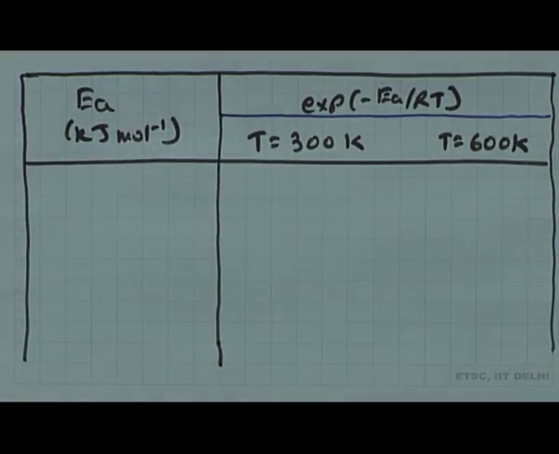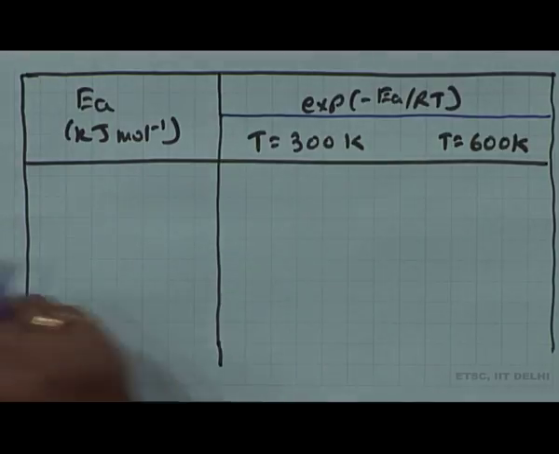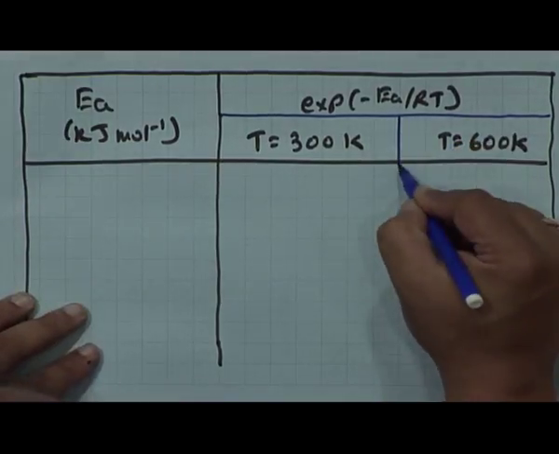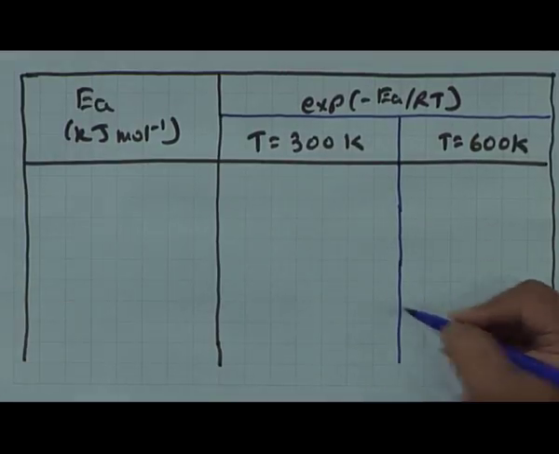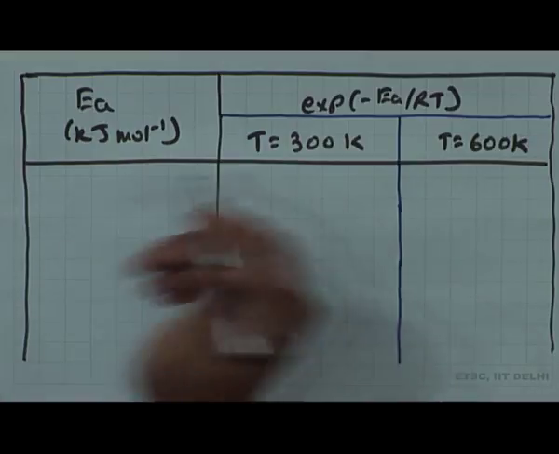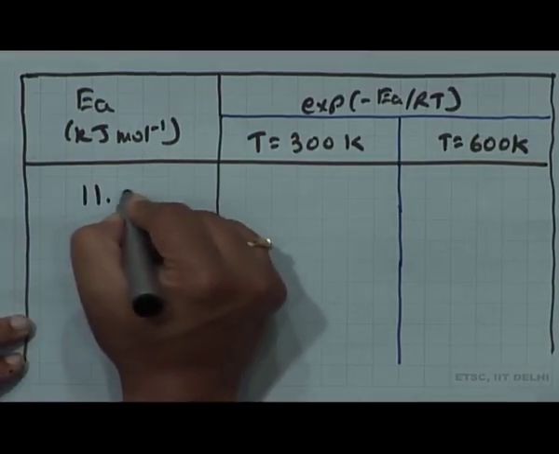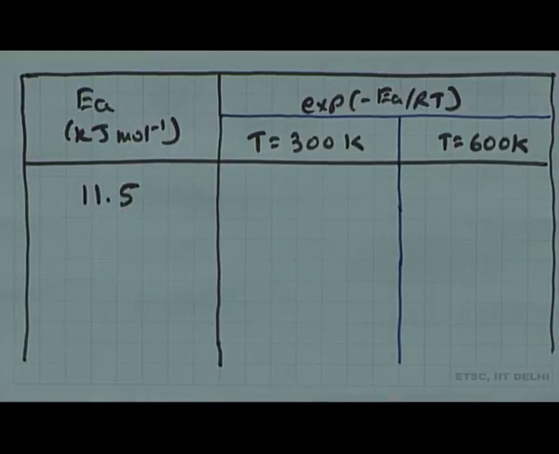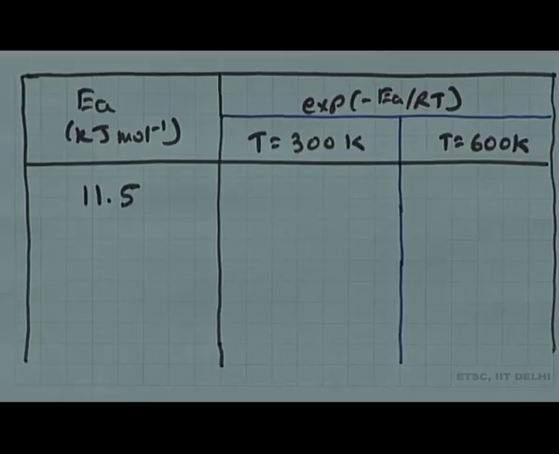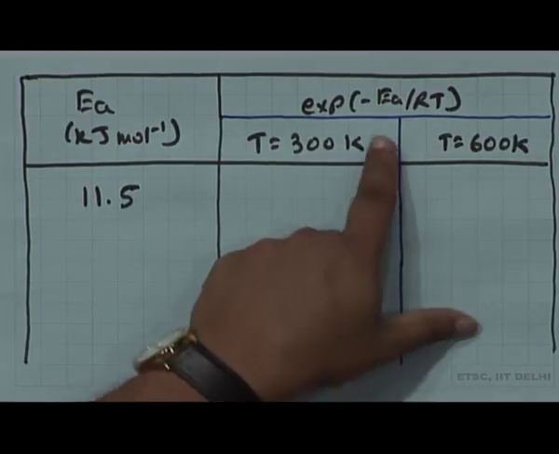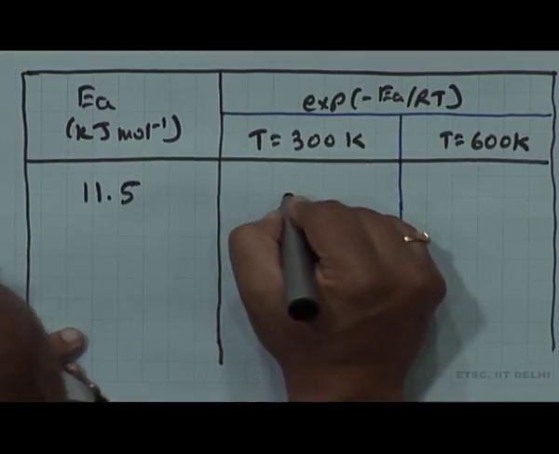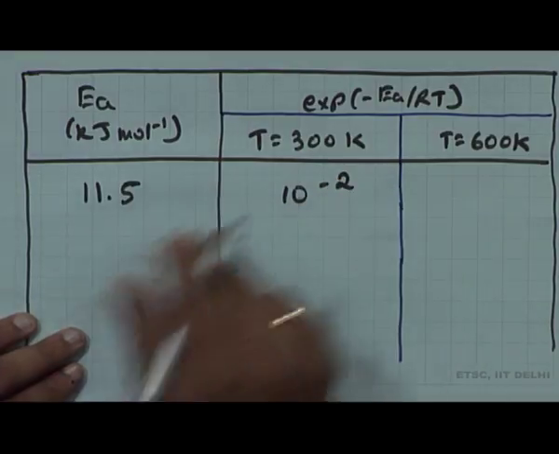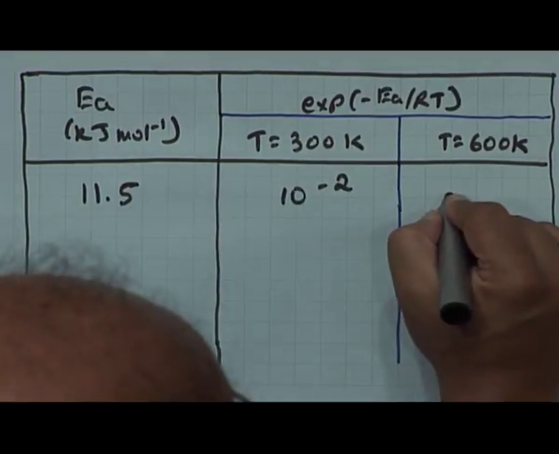Now let us write down the values. So what you are doing out here is having different activation energies which I will put in right now. I will put in 3 values. One activation energy is 11.5 kilojoule per mole. Once you are given this activation energy and once you know this temperature, I can easily calculate exponential minus EA over RT. That is 10 to the power minus 2 at 300 Kelvin. When I go to 600 Kelvin, it becomes 10 to the power